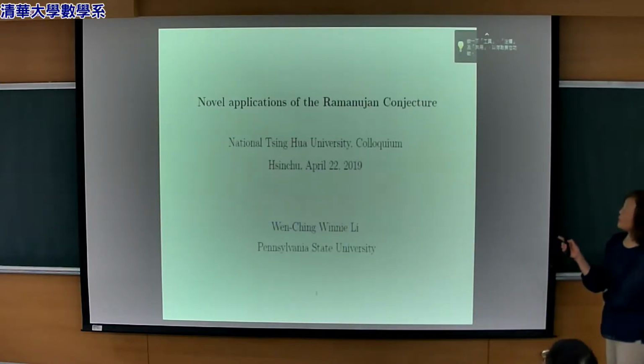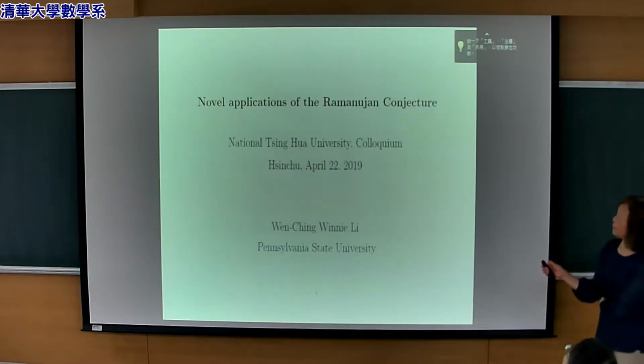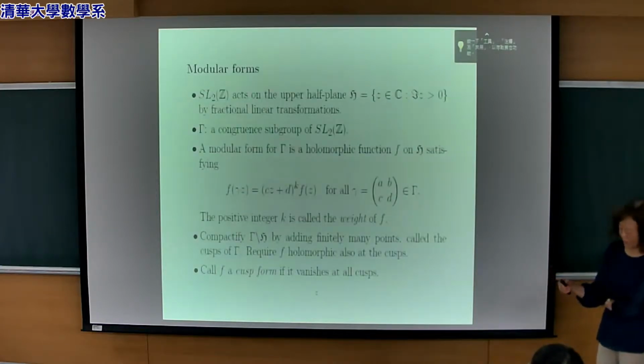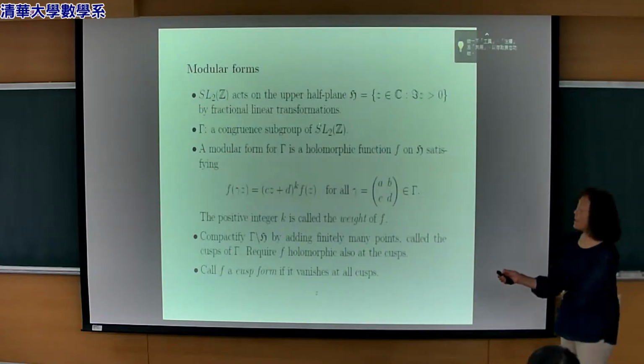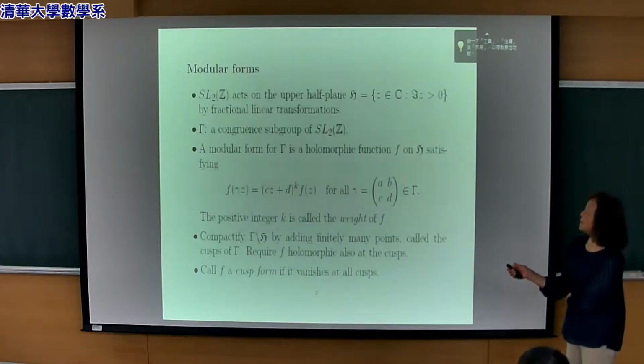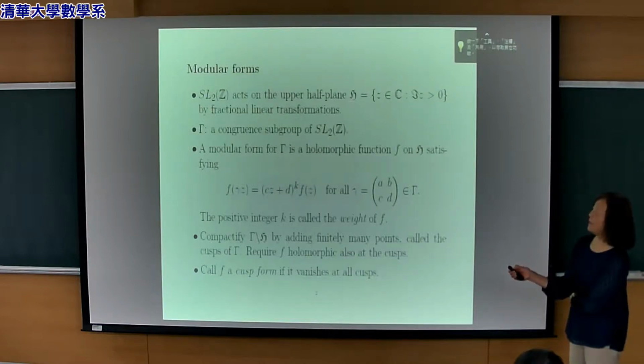The Ramanujan conjecture originally concerns the estimate of Fourier coefficients of modular forms. So I will start by talking about modular forms. We know that the group SL2Z acts on the Poincaré plane by fractional linear transformations. If one considers not only the action of SL2Z, but also a finite index congruence subgroup gamma, and looks at its action on the upper half plane,